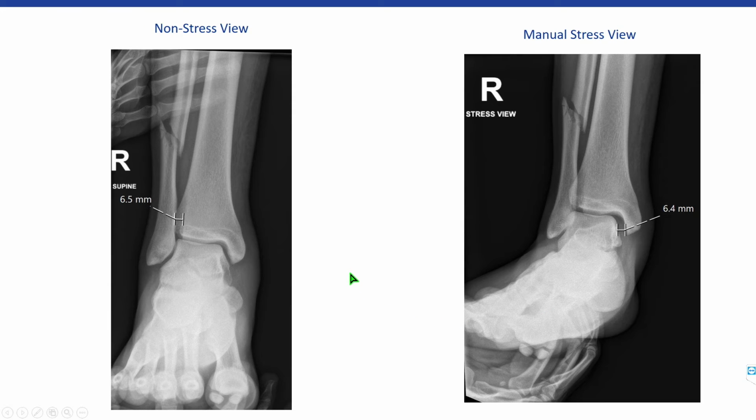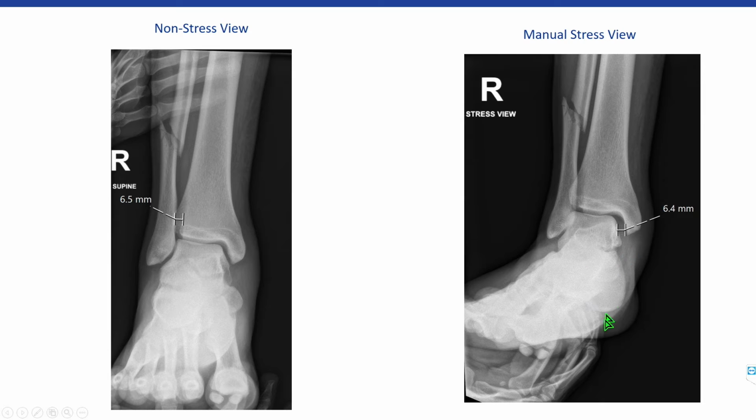So the utility of that stress view, let me give you a good example of that. If you look at this AP of this patient, again, a Weber C pattern, you look at this 1 centimeter up from the plafond, and you measure across, you have a 6.5, so it's a little bit wide. You kind of suspect, because they have this medial ankle swelling, they're tender over that medial side, so your clinical picture leaves you suspicious for an unstable ankle, so we did go ahead and do manual stress